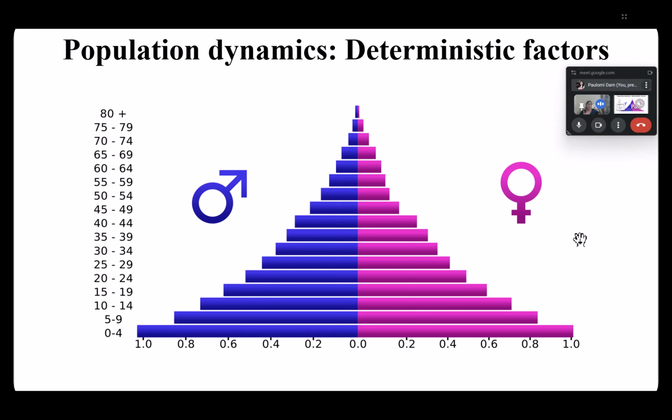So this gives you an idea: if the reproducing population, or the reproduction bar of the population, is larger, that means they have more reproducing animals. So more reproducing individuals contribute more to the population growth. If there are fewer young reproducing animals but more of old age, then you know that there will be a skew because there will be no further addition to this population. So in this way, these are deterministic factors which act on a larger scale.